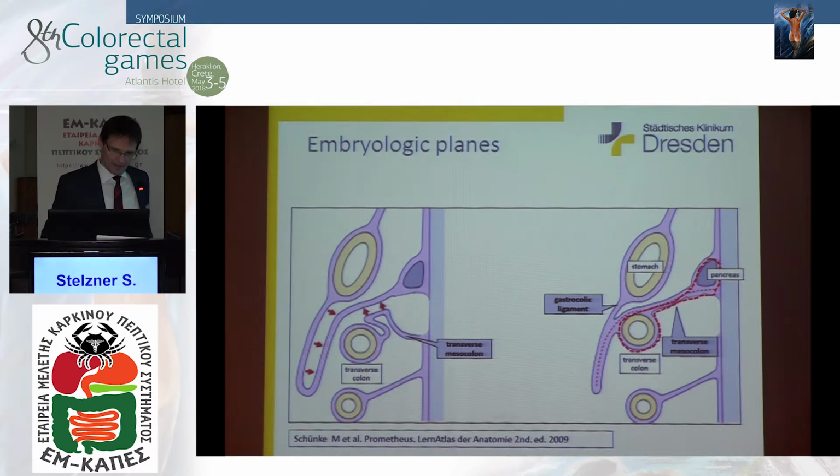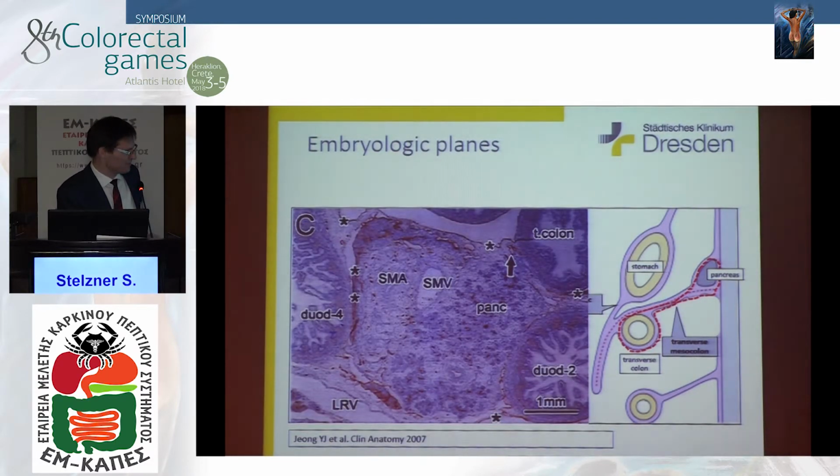And this was investigated by a Japanese group who looked how the transverse colon developed in this area, and they could show that it pushes against the tail of the pancreas, and that the plane that covers the transverse colon is somehow continuous, or becomes continuous, with this foregut structure of the pancreas. So there is an embryologic peculiarity that does not entirely fit into our imagination of embryologic planes and releasing them,